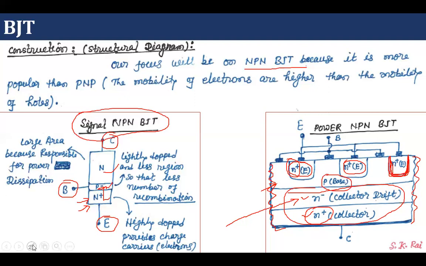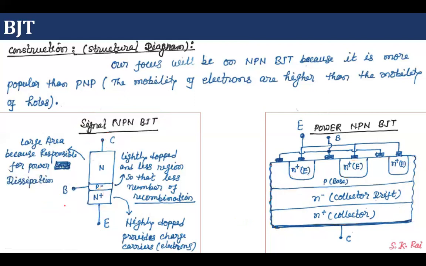Now, how will we draw this? This one is simple to draw. How can you easily draw it? So first of all, draw a sketching area, not a straight line, a curved line you have to draw like this, and then complete this rectangle. Within the rectangle, at bottom, take some area and mark it N plus, and connect a terminal at this place, which will be known as collector terminal.